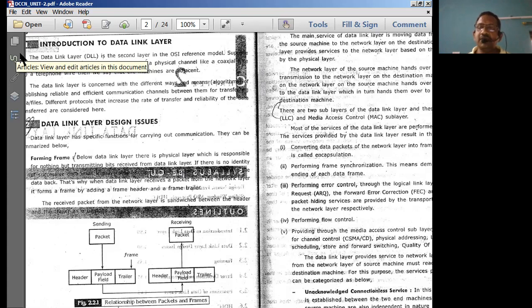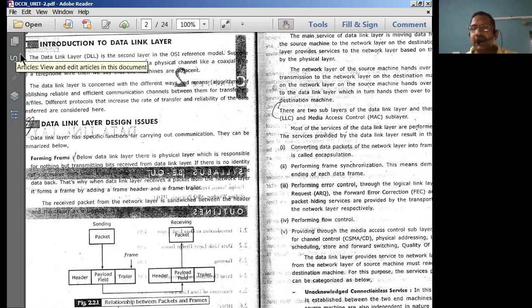So don't think about these three layers while we are transmitting data via the communication link. When the data is getting transmitted via the communication link, we have to think about only the next four layers known as the transport layer, network layer, data link layer, and the physical layer.